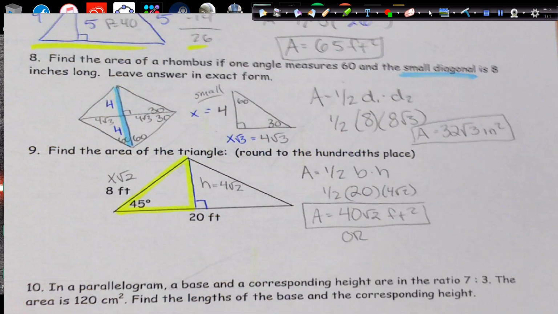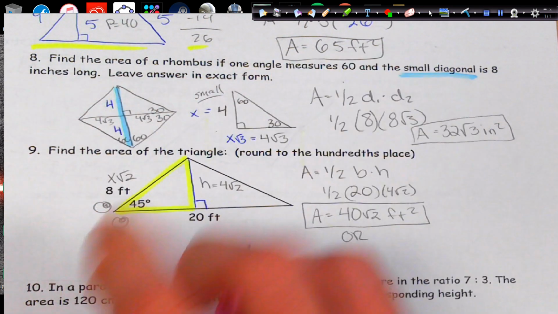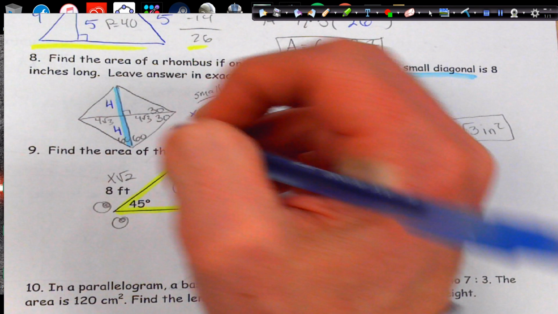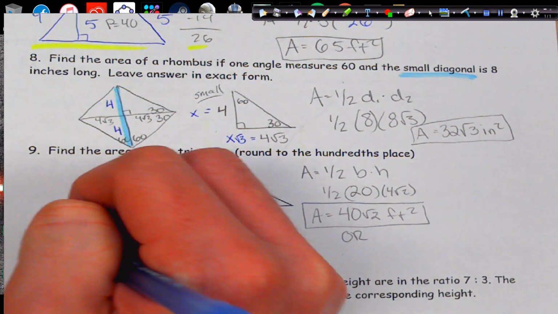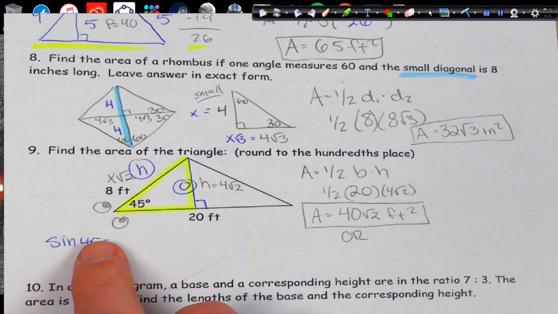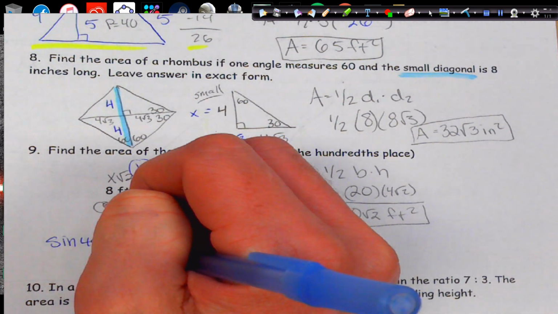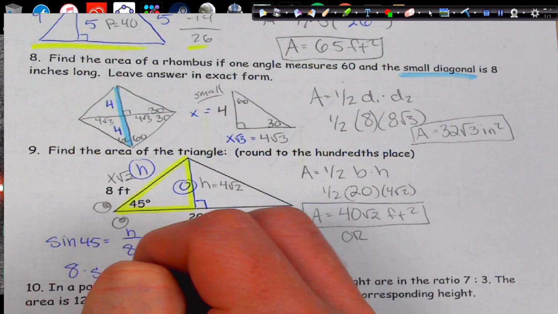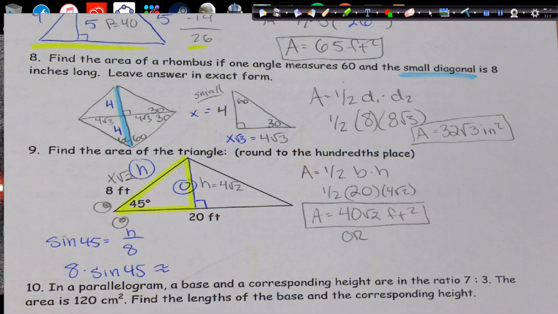Or let's do it using trig, our SOHCAHTOA. Using our angle, instead of h, we're going to get opposite and hypotenuse. So we're going to use sine of 45 equals opposite, which is going to be h, I don't know it, over hypotenuse, which is going to be 8. Get the 8 out of there, we get 8 times sine 45. That's approximately